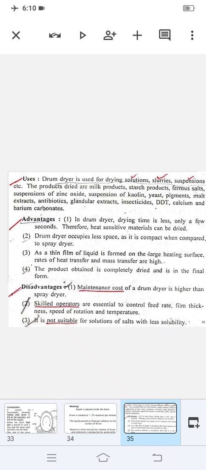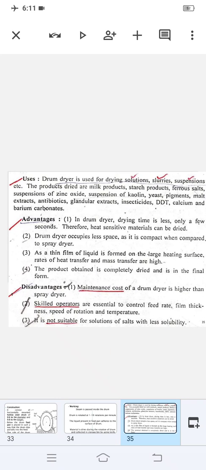Now what can be the disadvantages? First, the maintenance cost is very high in drum dryer. Second, skilled operators are essential to control the feed rate. Means if the film that is adhering to the drum is getting thick, the drying capacity of the drum